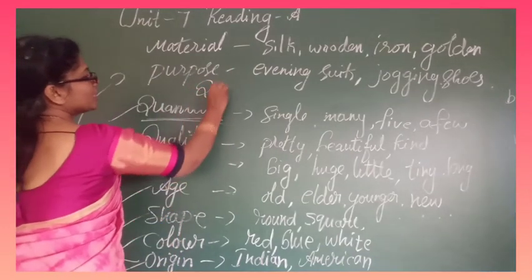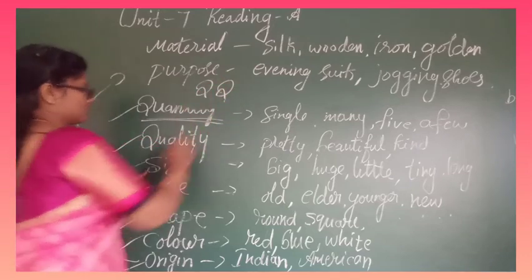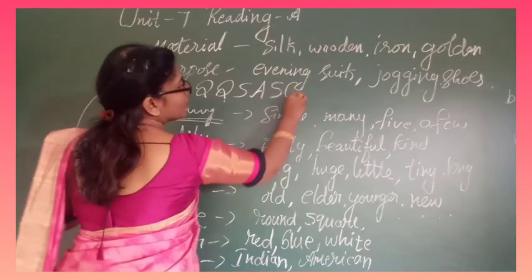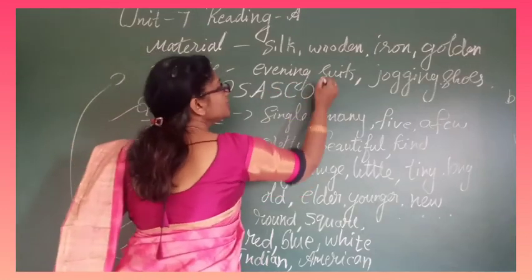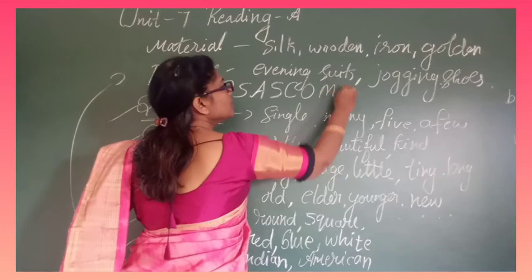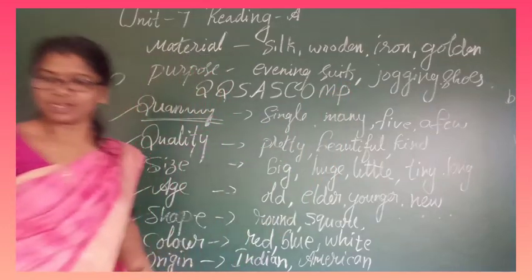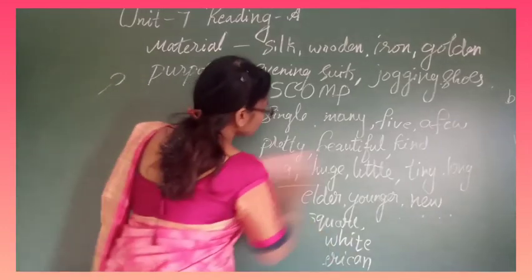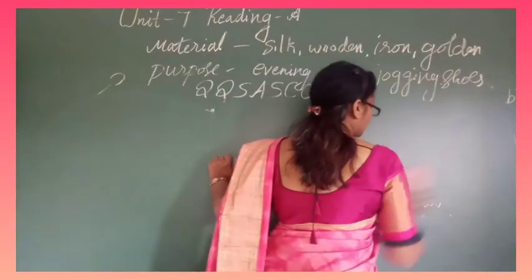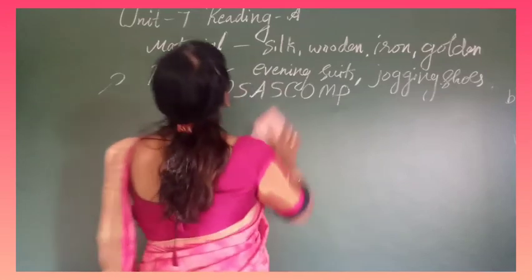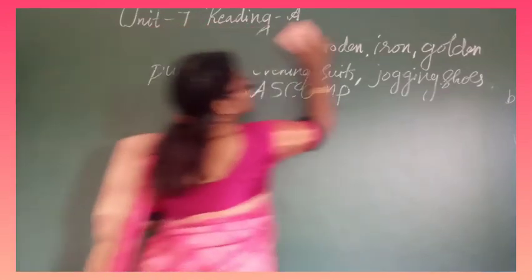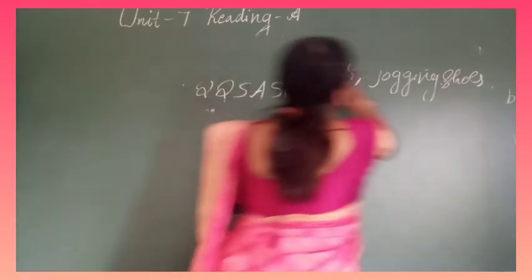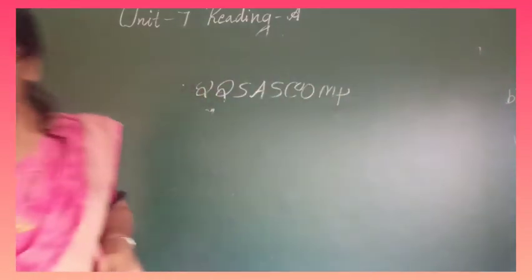Next: first quantity, quality, size, age, shape, color, origin, material and purpose. I have one shortcut to remember this. I'll tell you now how to remember the order of the adjectives whenever you write in the exam or start writing the creative part. Now see,